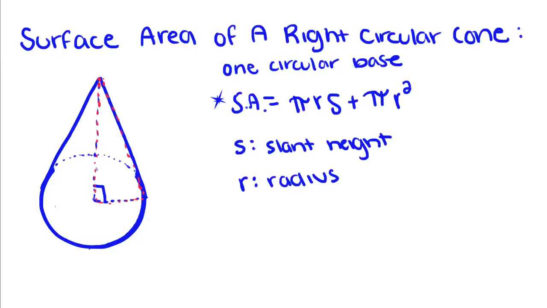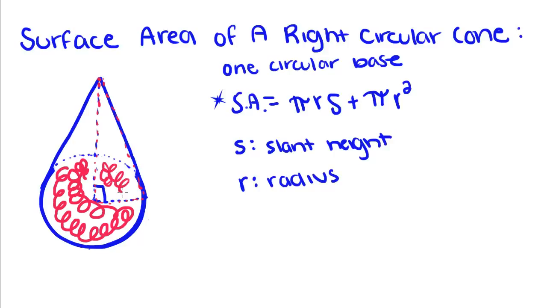Our last lesson for Intro to Geometry is going to focus on the surface area of a right circular cone. A right circular cone is a three-dimensional object with a circular base, just one base, right here. And the reason it's a right circular cone is because when we draw